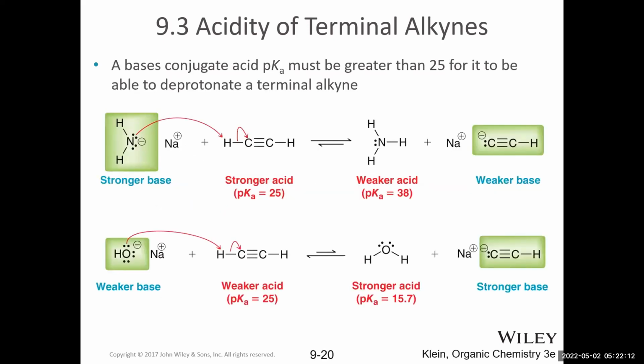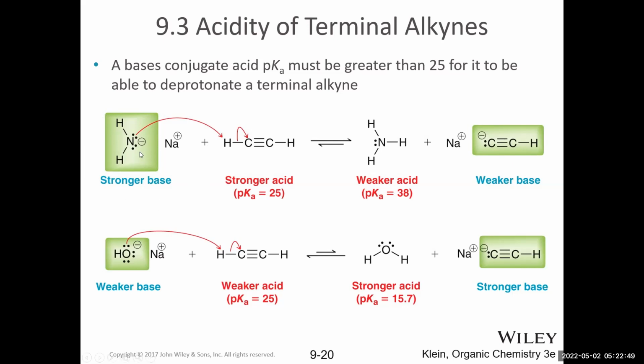Okay, so we talked about if you use a strong enough base, you can deprotonate acetylene or a terminal alkyne. A terminal alkyne would just be, this part of the molecule is the same, and this would just be an R group like methyl or propyl, etc. So recall that terminal alkynes have a hydrogen attached to a carbon. This one has two, but at least one hydrogen attached to a carbon that has a pKa of about 25. So if you use a strong enough base, it can definitely deprotonate it.